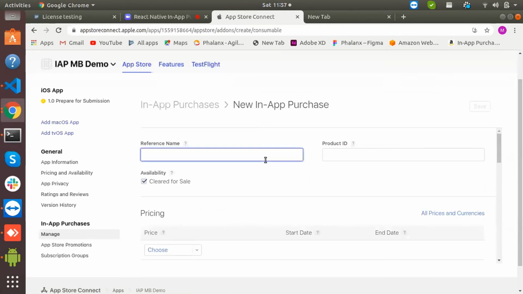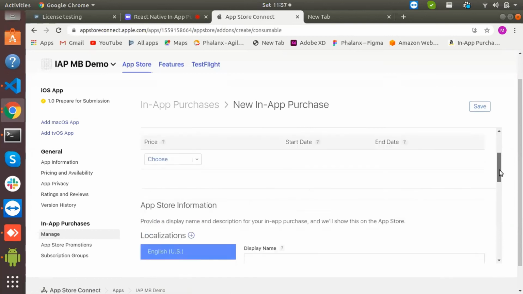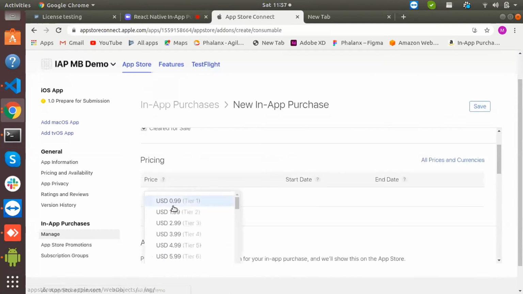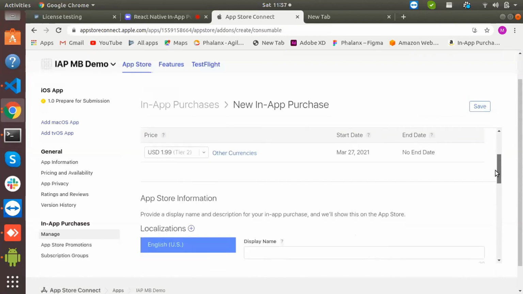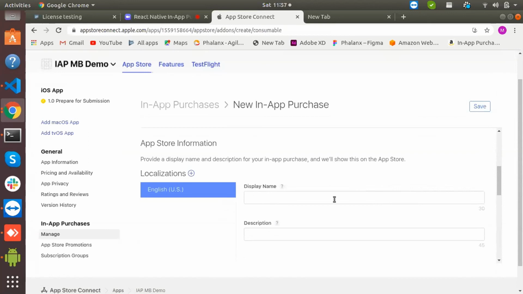Here we need to give a reference name. Then the product ID. The product ID should be unique. Then we need to choose a pricing. Then the display name.